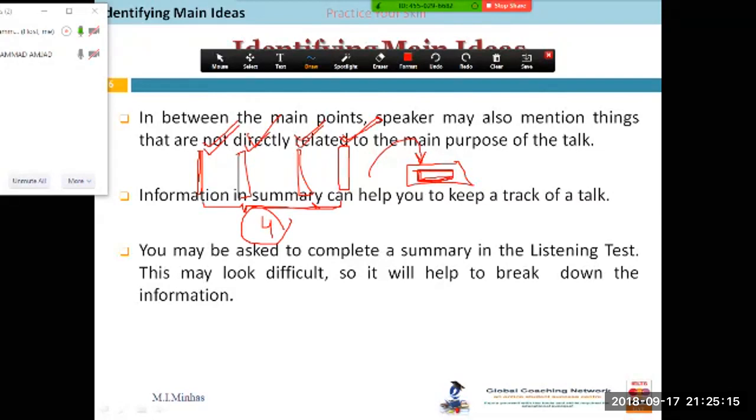But in between the points, I also told, like, okay, I was nominated for a foreign course, and I went for the medical of that course, before going to Turkey. And in that, I was diagnosed with this, and I was hospitalized for so and so time, for these many months, for these many years, and so on. So now, these are additional details. So this one, the last one, is the purpose of the talk. These are 4 main points. And within these points, the years, the dates, and everything, those are, you can say, extra information. Not extra information, but the detailed information. Got it?